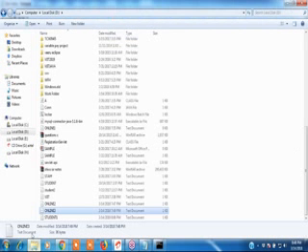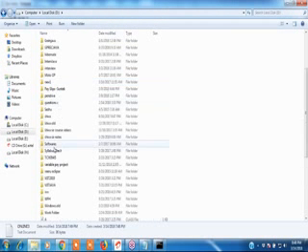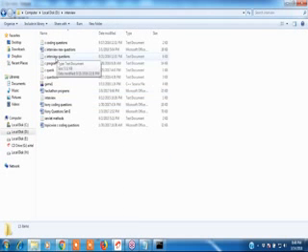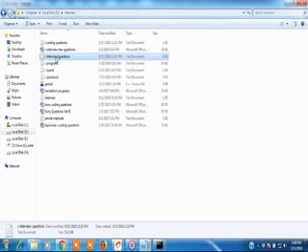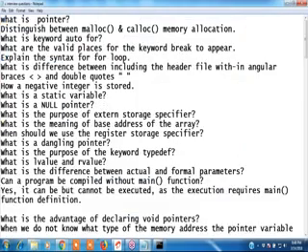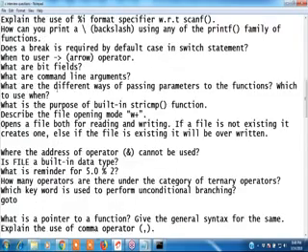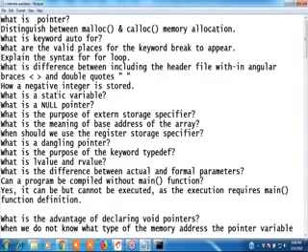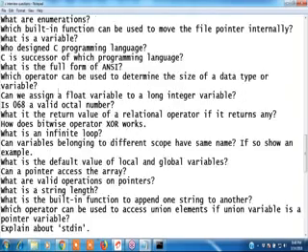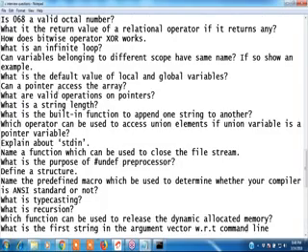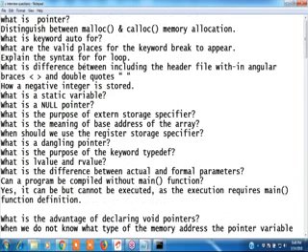See guys, I told you yesterday I sent one file. I did not check that file. Yesterday only I downloaded those interview questions. After completion of the C programming, we will check them. Whether you can answer these questions or not, we will discuss. I did not check all the questions, though I checked some. After today's class, tomorrow we will go through these questions. Can we answer those questions or not?